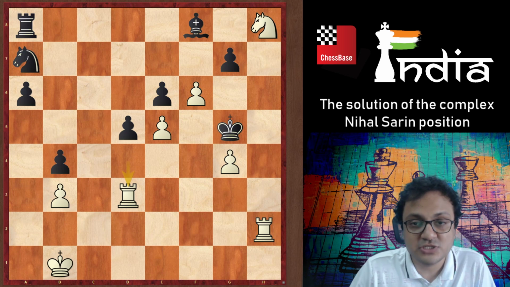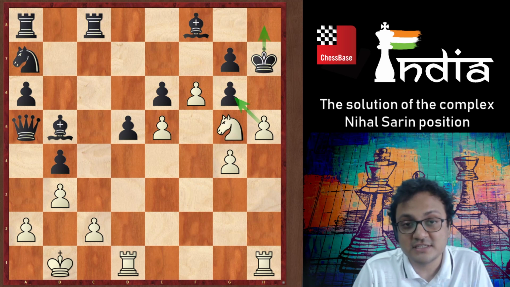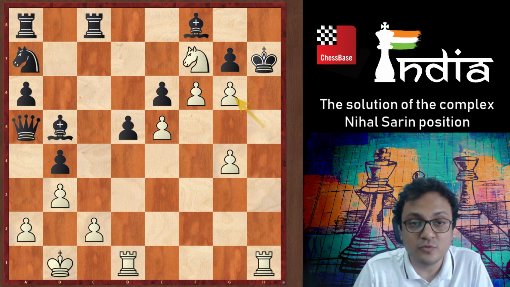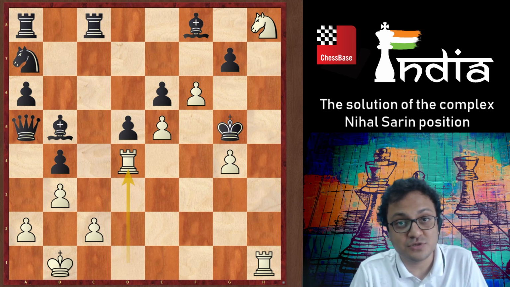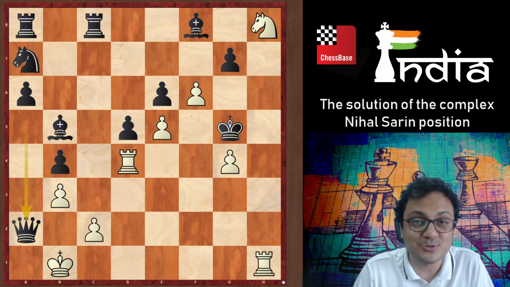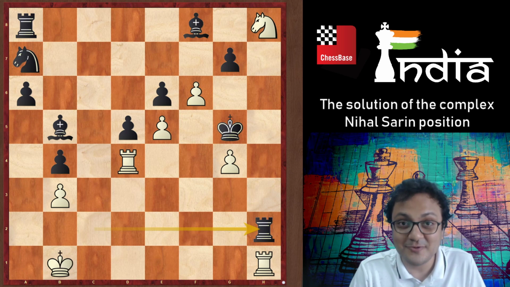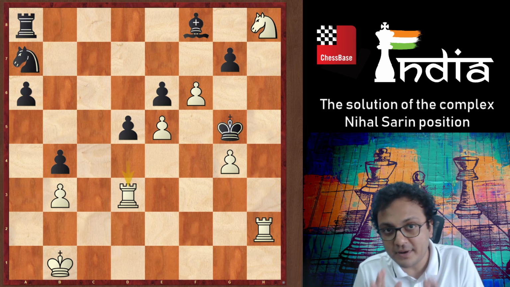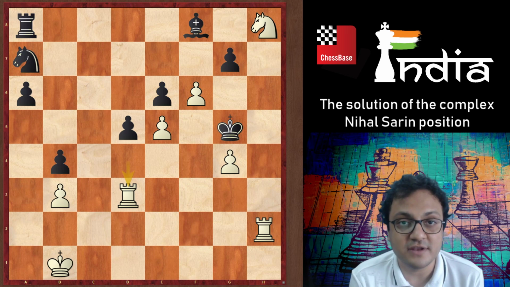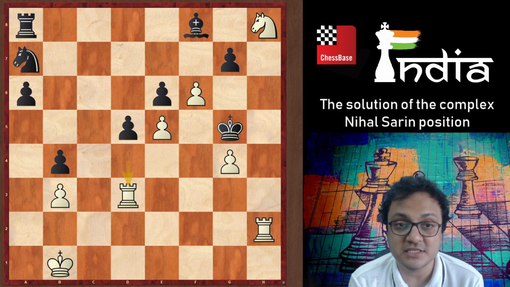So once again, just to recap, queen g6 is a winning move, but after this, knight g5, knight f7, you move your knight to h8, and then you get rook d4 when it's a forced mate on h5, and black has to start sacrificing one piece after another. First the queen, then the rook, then the bishop, but in the end, this is a complex position but objectively winning for white. I hope you liked it, and I would like to thank Nihal for sharing such positions with